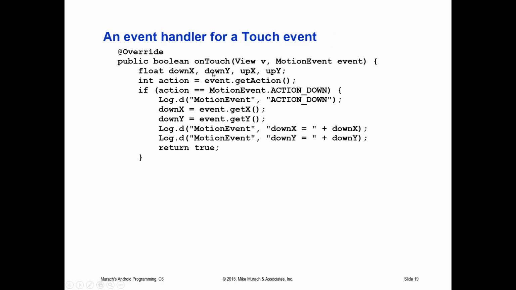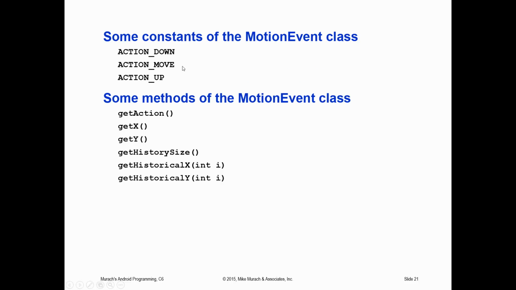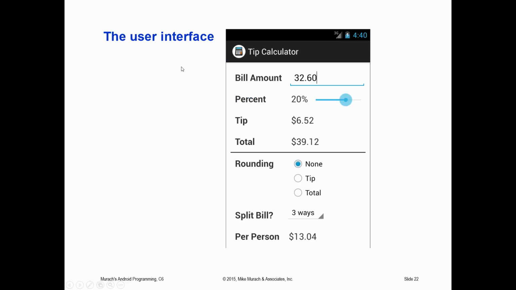Touch events. The onTouch method returns a Boolean value that indicates whether or not, again, this has been consumed. So when a user touches a widget on a touchscreen device, a touch event occurs on that widget. Most of the time, you don't need to know how to handle this. Rather, you can use another event, like a click event, to get this to work the way you want it to work, but not necessarily always. So they jump back here, and